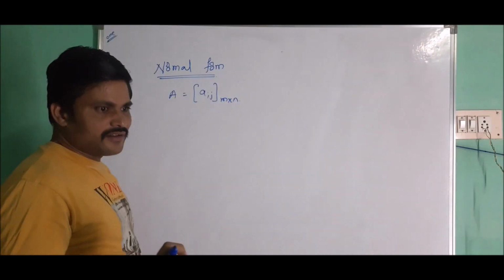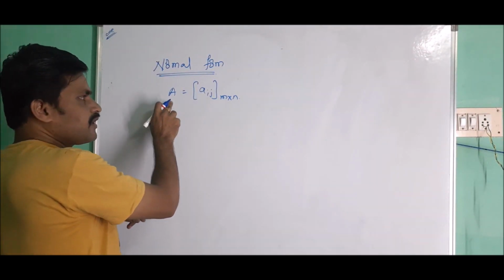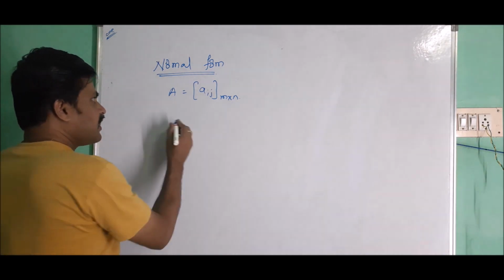Using row transformations and column transformations, we can apply these transformations to the given matrix and it will be reduced to the form of